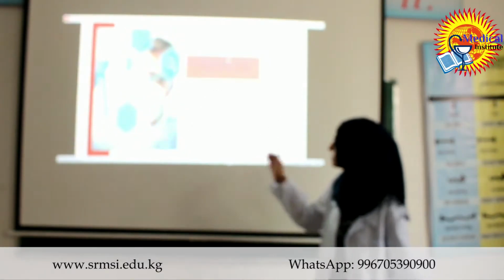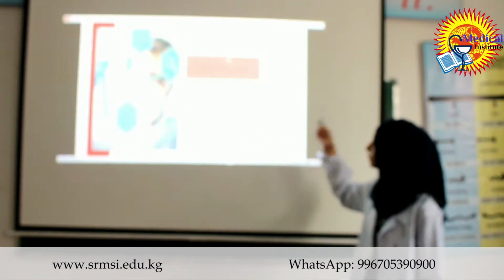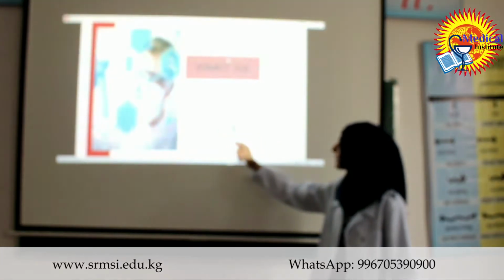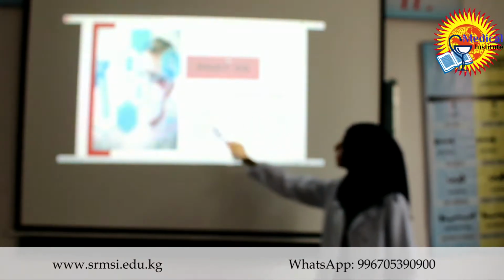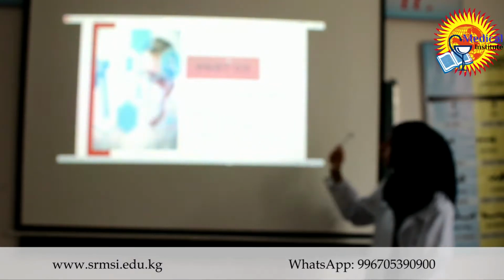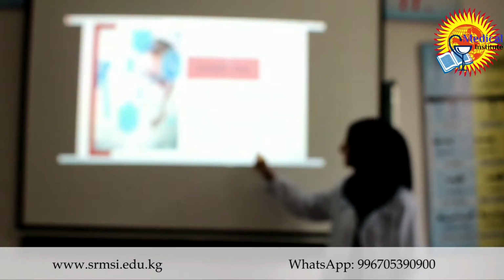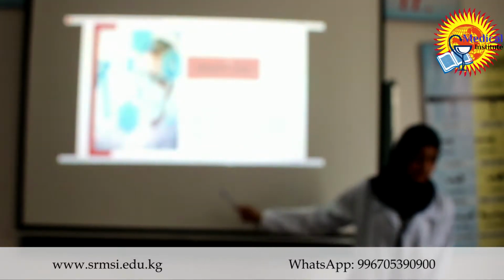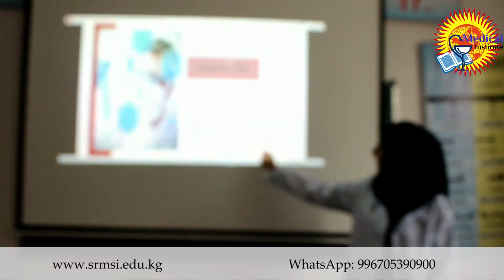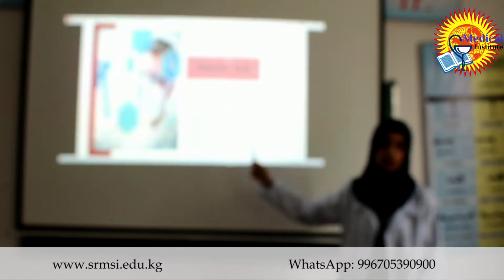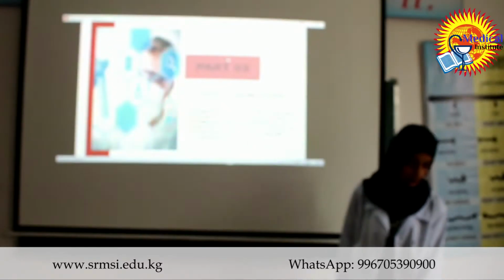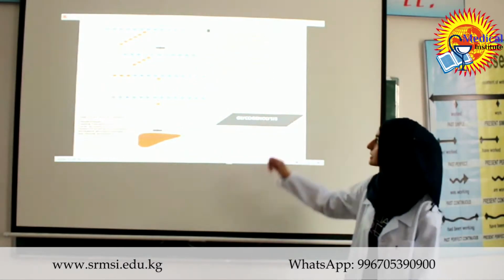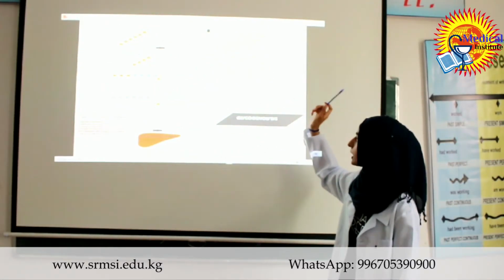So here is the definition. Glycogenolysis is the breakdown of glycogen branches into glucose 1-phosphate, catalyzed by the sequential removal of glucose monomers by the enzyme glycogen phosphorylase. Yes, the first enzyme that we use is glycogen phosphorylase, the chain shortening enzyme in this cycle. Here is the cycle of glycogenolysis.